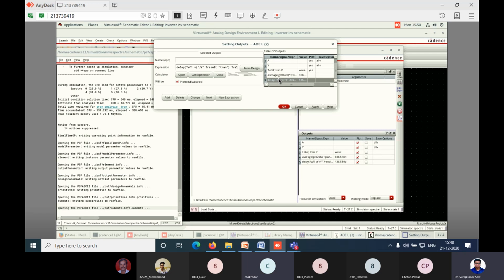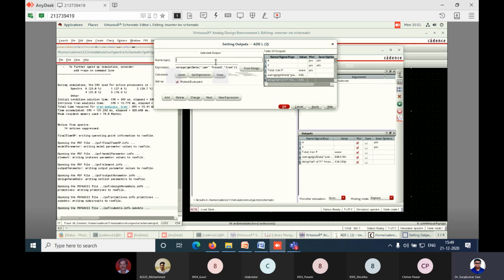Now again click on delay. See, the delay expression has been loaded. Right? Click on delay. Fine. And previously we have copied the expression for power. Put here a multiply symbol, that is star. Put the multiply symbol, then paste whatever you have cut previously. I have pasted. See, I have pasted the power equations. You can see here the power equations. After that one multiplication sign is there, then the delay equation, right? Can you understand?